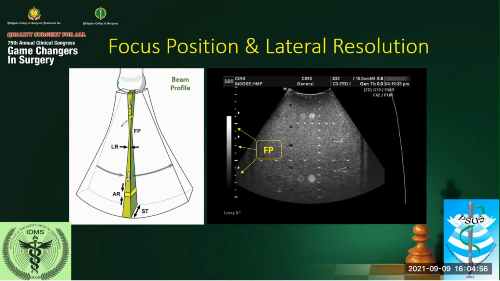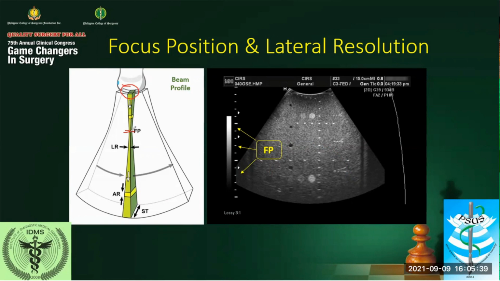Let's take a look at the image on the left here. This is the geometric shape of the ultrasound beam. And this area here on top represents the size of one element. Of course, this is not the exact representation of it. This is enlarged. So one element would have a width of this size. As sound is transmitted from the transducer, it goes down to a narrower path. This is the narrowest part of the beam here, and this is called the focus or focal point.